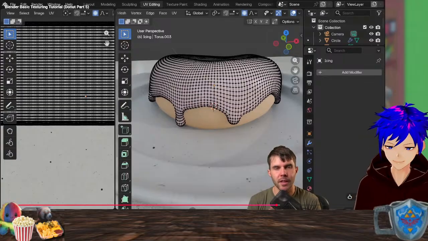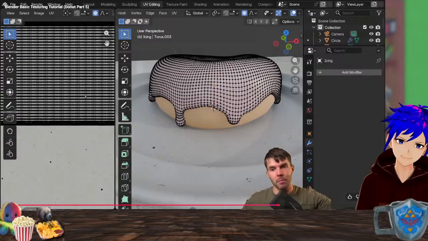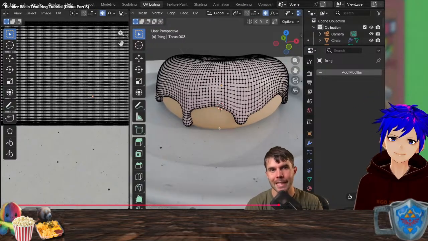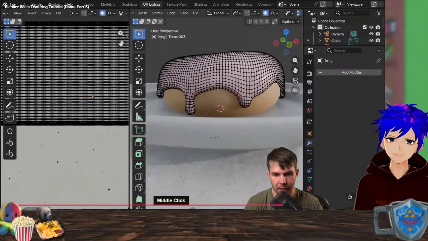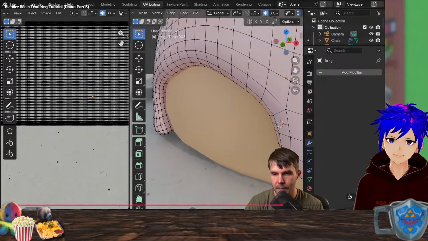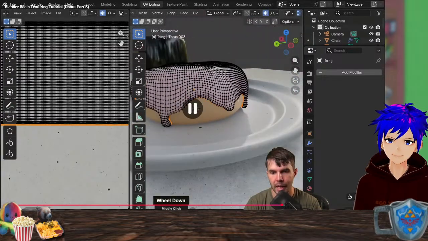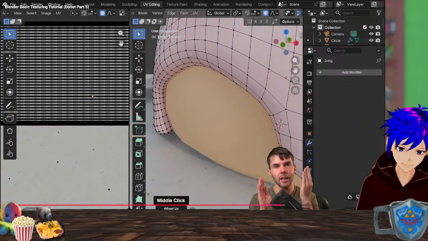Okay. So the way to think about this is, what if this mesh was made of paper and we had to lay the paper flat onto this texture on the left-hand side over here? Where would you place the cuts on the mesh in order to lay it flat? In the case of something like this, where I would place the cuts would be essentially along the edge, right along here. So if I alt-click along that edge there, that should select it.